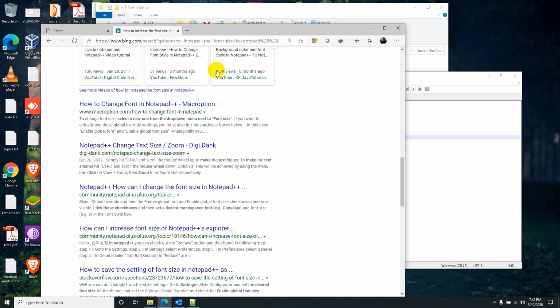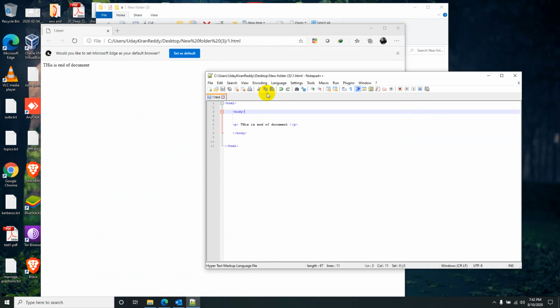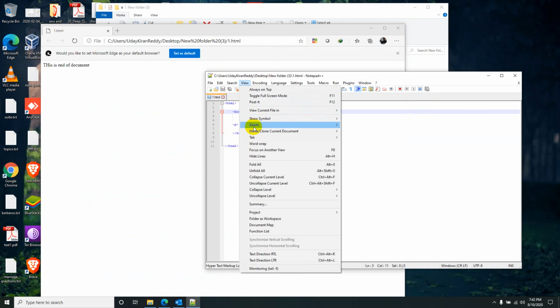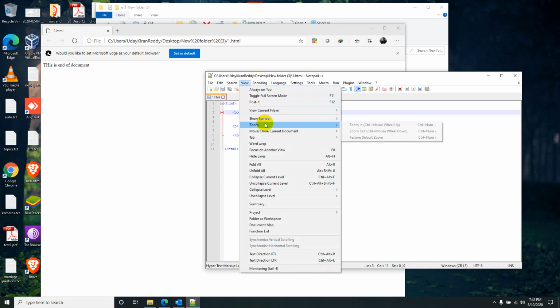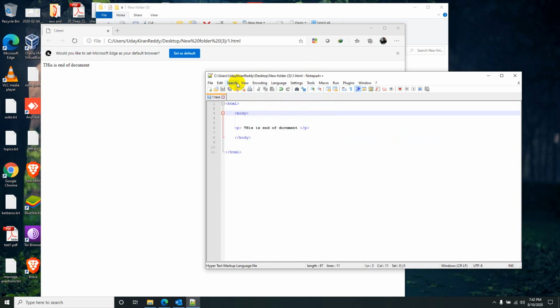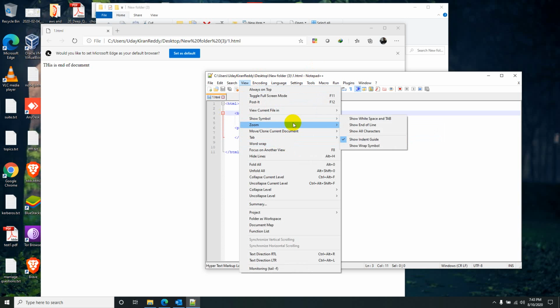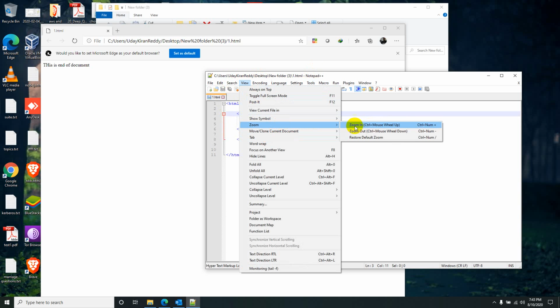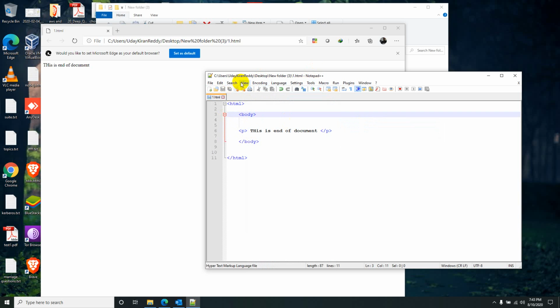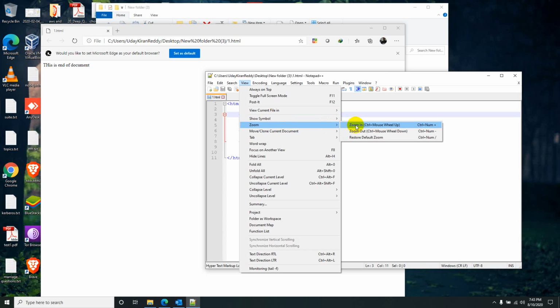Control and plus symbol. Zoom. I hope this is enough.